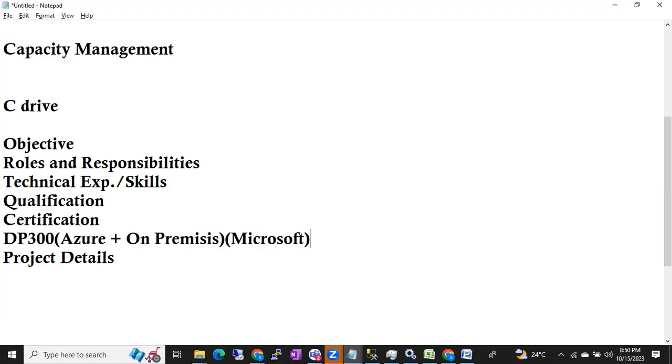different certifications. So you can choose DP 300. If you have some real-time experience, some exposure to the real-time environment, you can clear the certification. With only training and practice, you cannot clear it. You should have some real-time experience. If you want to clear it on your own, there are some other ways. You can still clear it even though you don't have real-time experience, but there are some other ways that we cannot talk about in public. In case you reach out to me, I'll explain what ways we have to get